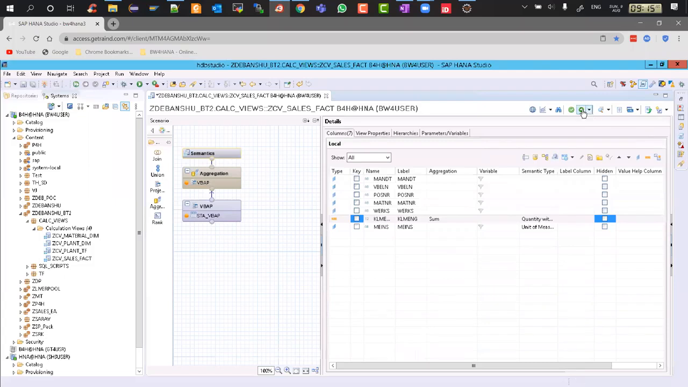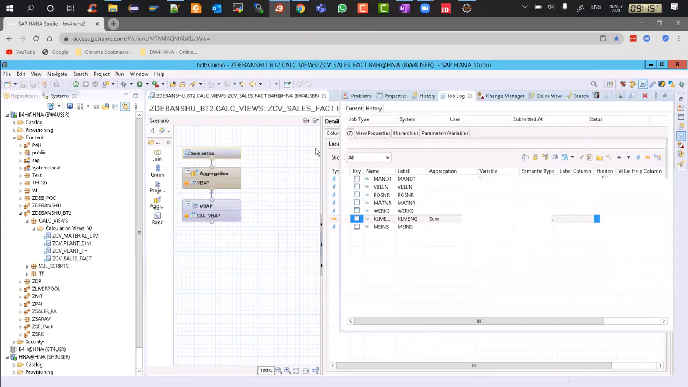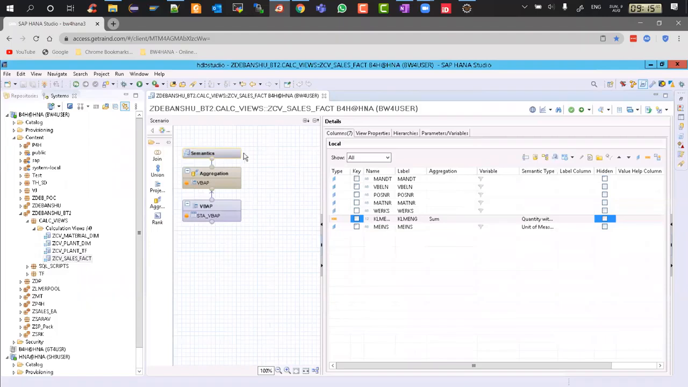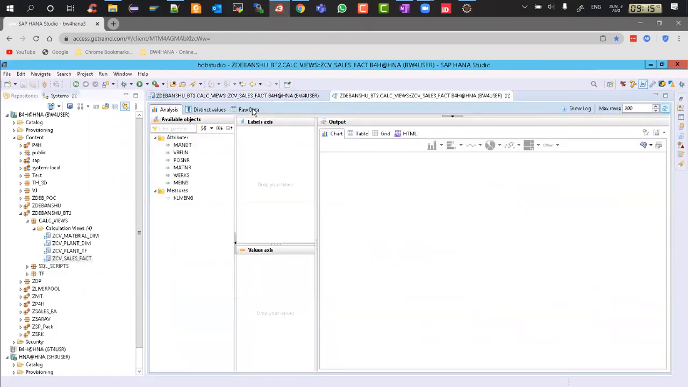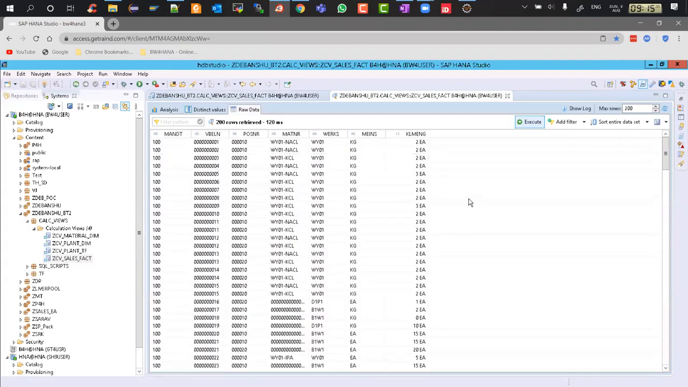Okay. Let's activate this. Okay, it was successful, and you can do a data preview. So you will see here that KLMENG is each. Okay, and we did. I think the conversion happened based on the tables which are there in that SAP HANA DB in the unit